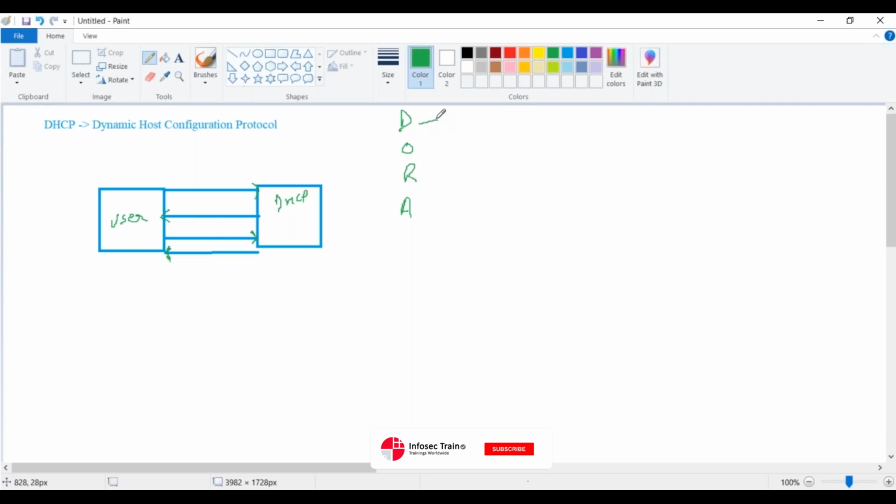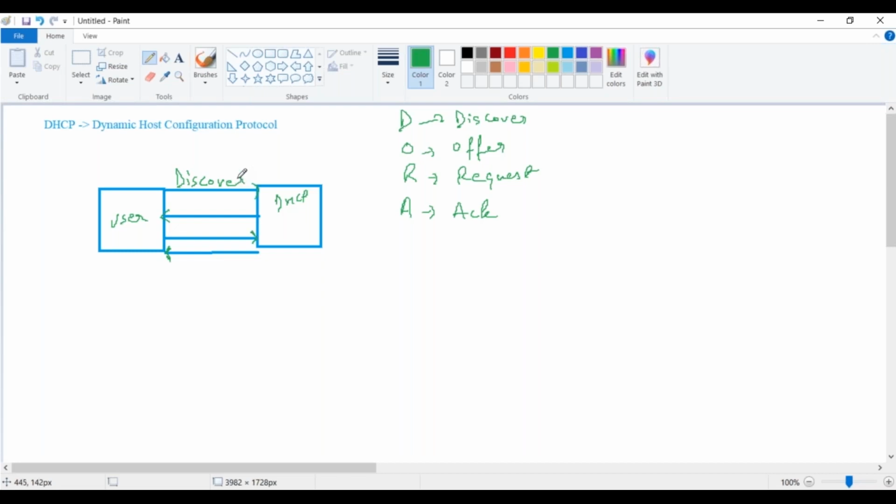So here these are the four steps. D as in discover, O as in offer, R as in request, and A as in acknowledgement. What happens the moment you get connected to a network is that the very first thing you do is discover a DHCP server, checking whether there is a DHCP or not.